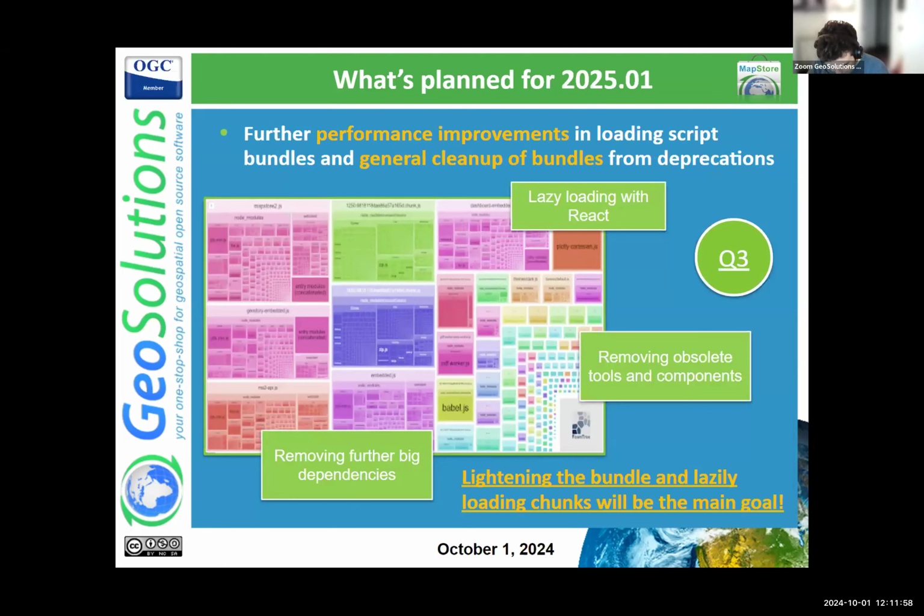For the second part of next year, we are also expecting to provide further performance improvements in loading script bundles. Generally speaking, in loading the MapStore application and MapStore application contexts in general. So reducing the size of bundles and improving the strategies by which script bundles are loaded,